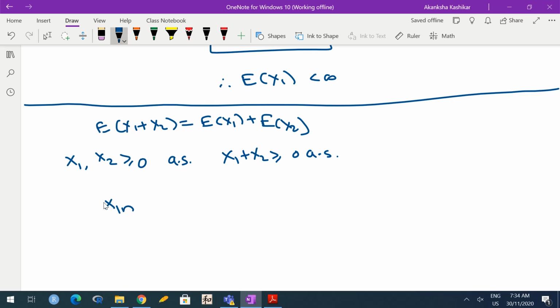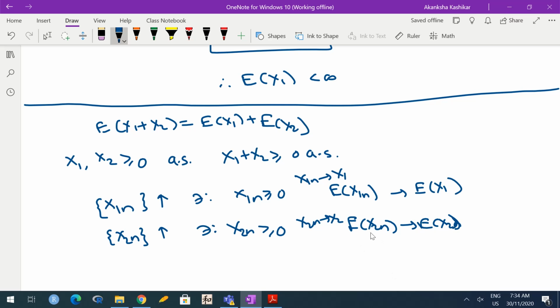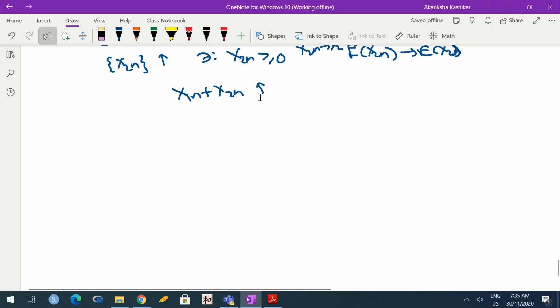Now, there exists a non-decreasing sequence x1n of simple random variables such that expectation of x1n converges to expected x1. Similarly, there exists another non-decreasing sequence of simple random variables, each of them non-negative, such that expectation of x2n converges to expectation of x2. Actually, the original result would say x1n converges to x1, x2n converges to x2, and hence the expectations can be defined. So the sequence x1n plus x2n is also non-decreasing, right? If two sequences are non-decreasing, their addition is also non-decreasing,